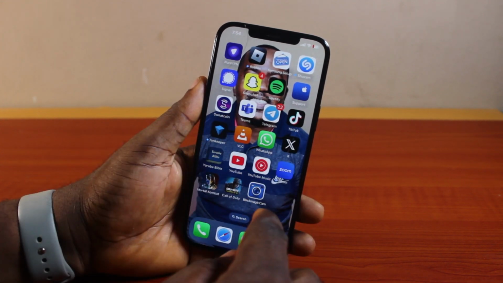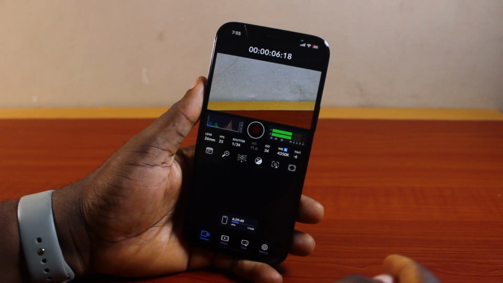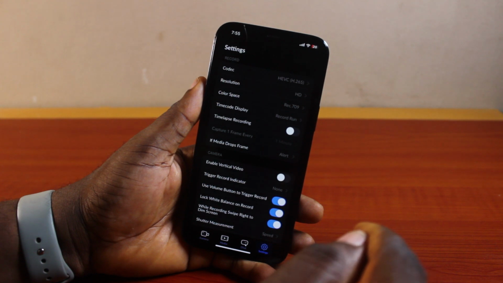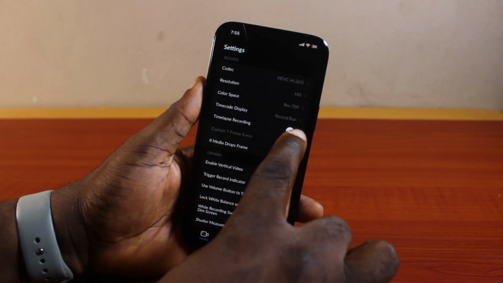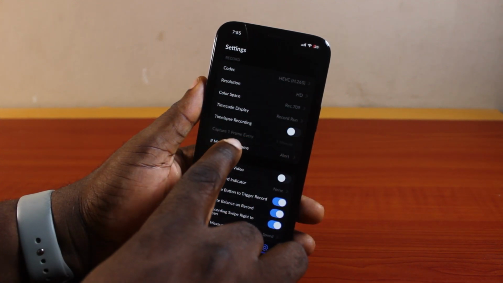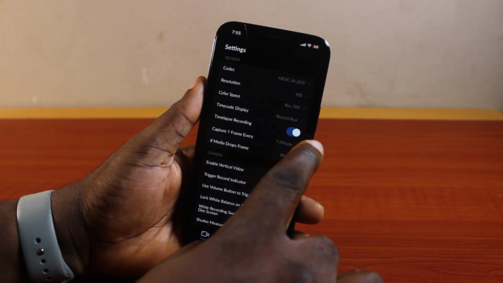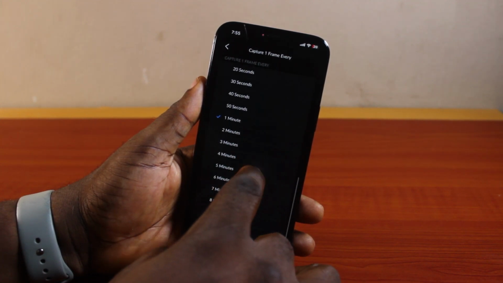Now the first thing to do is go ahead and open the Blackmagic camera app on your phone. Once you open the Blackmagic camera app, click on settings at the bottom right. Now on the settings page, locate time-lapse recording here and then turn this on. Once you turn that on, you should see capture one frame every turned on. Then you can just click on this and select the total number of frames you want to capture per second